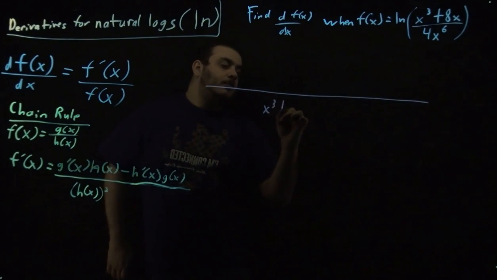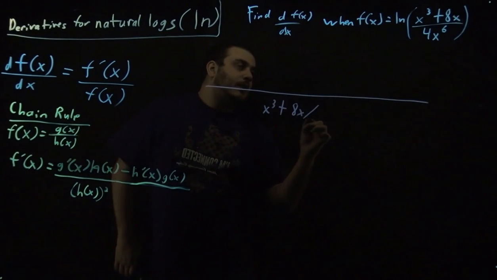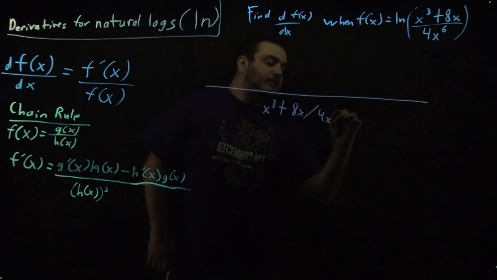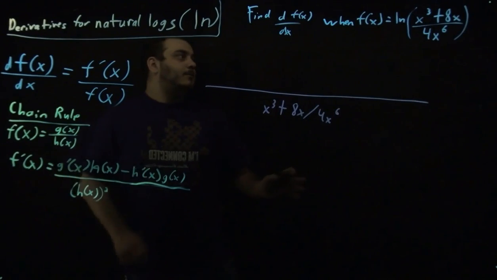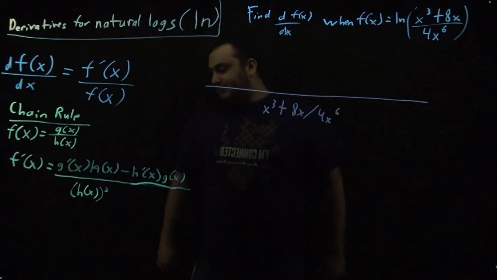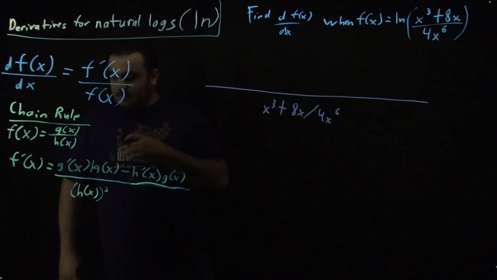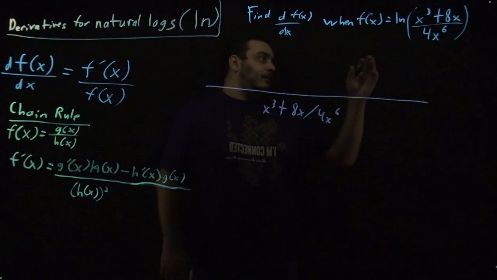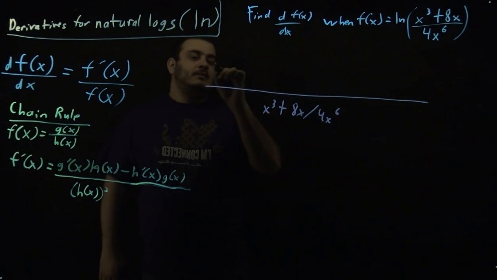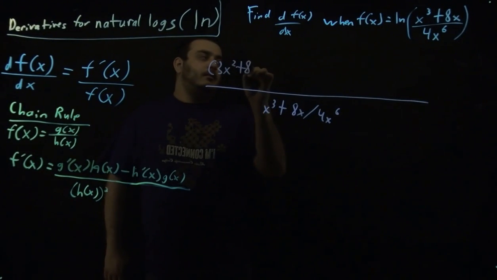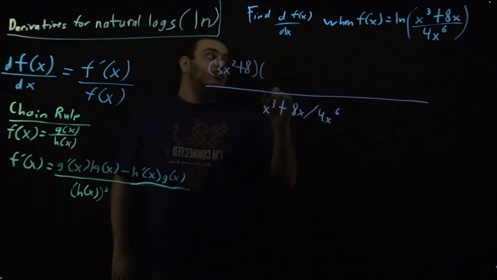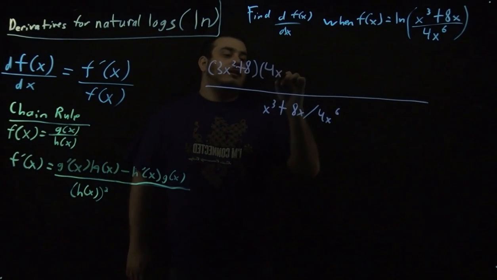x cubed plus 8x divided by 4x to the 6. Alright, that's the basic one. So now we have to start. Well, g of x, which is the numerator, the derivative of that is 3x squared plus 8 times the original 4x to the 6